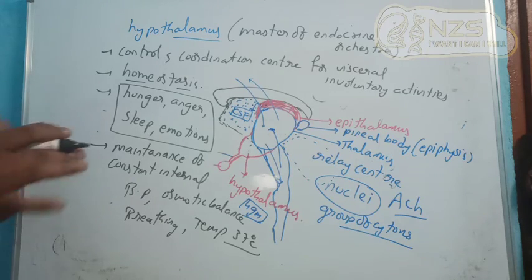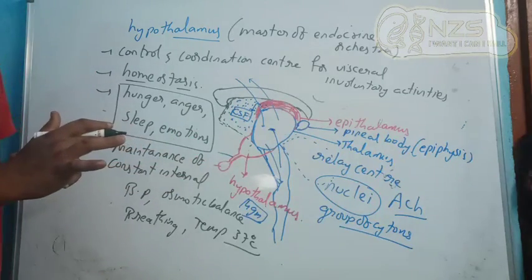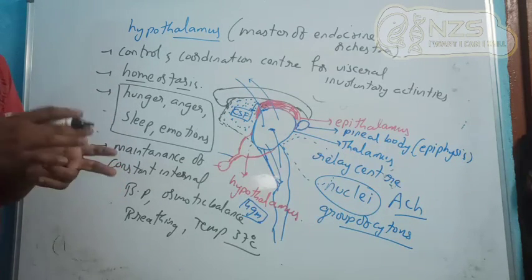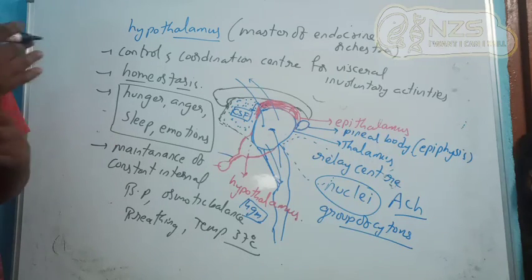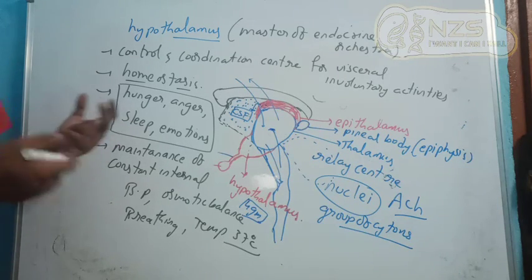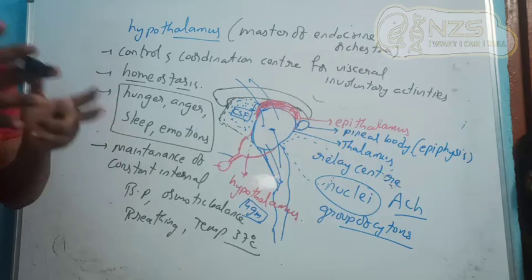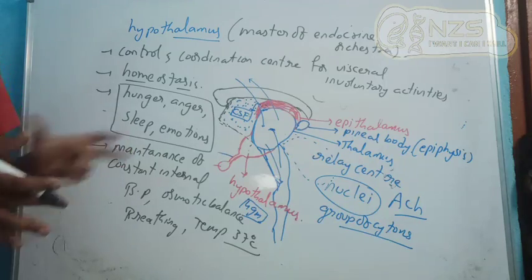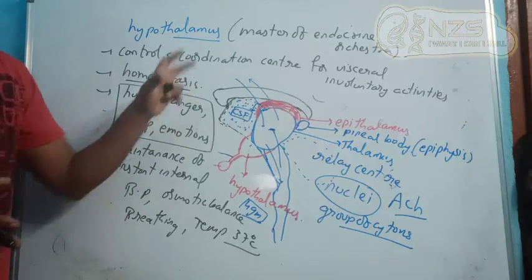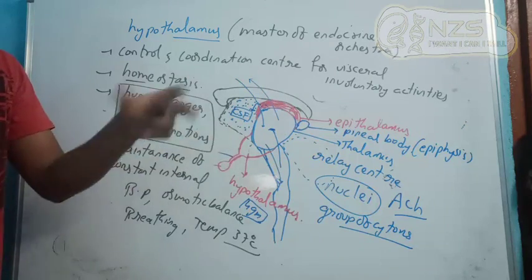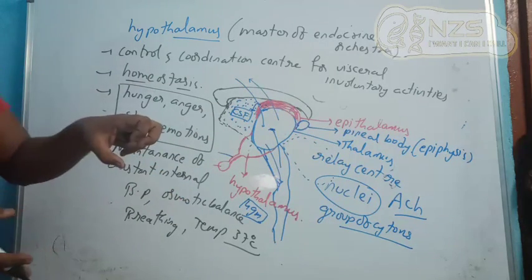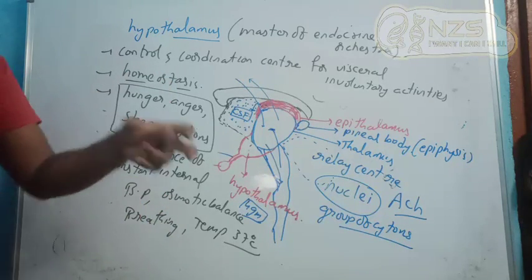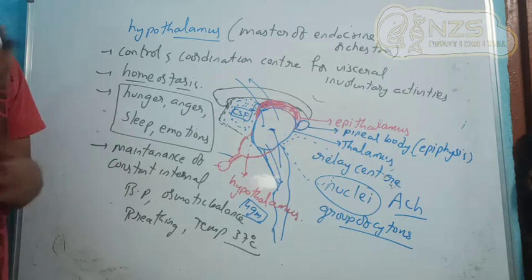Now that's about the total forebrain. Anyone having doubts or suggestions, you can put them in the comment section. I'll address them and I'll try to do it properly. In the next video we'll discuss the emotional controlling system, that is the limbic system. This is the hypothalamus, and we have some more parts which combine to form the limbic system, and the limbic system will control all the emotions. It controls all the memory. It controls some other functions also. We'll discuss that in the coming video.